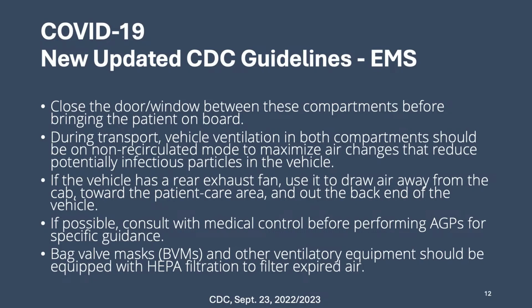So we'll look at the COVID-19 guidelines that were published for EMS and are still in effect. So what do they say for EMS versus a medical facility? Because what we're seeing happen oftentimes is that what's being put out are guidelines for the medical facility and not the guidelines for EMS. So for COVID-19, it says, close the door and window between the compartments before we load